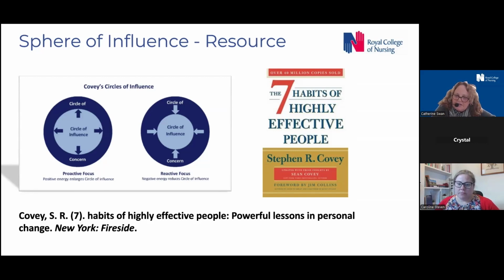Whereas reactive people really focus their energy on things beyond their control. So they can say, well, how's this going to work? I don't know about that. That's got nothing to do with me. You can hear it all coming in. So reactive people maintain that attitude of almost victimization and blame. That's the kind of reaction you get. So the model is really based on these two circles that you can see here. And the first one, when you look at it, is your circle of influence.